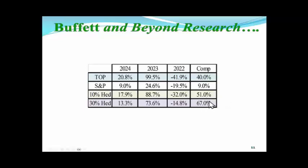So you want to be able to be hedged, and in all this scenario, we're hedged all the time. We're not timing the hedges here in this example. We're hedged all the time, and we're still coming out way better. We're coming out 7 times better than the S&P, and we lost less in that nasty year of 2022. So, folks,